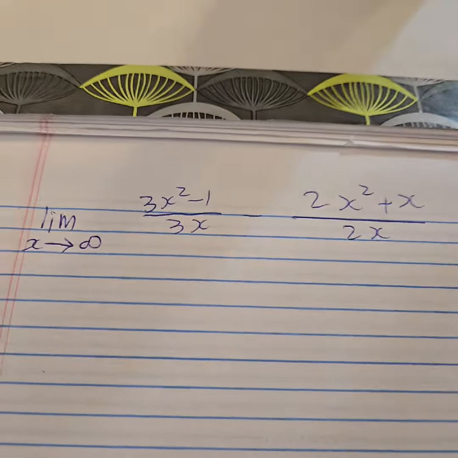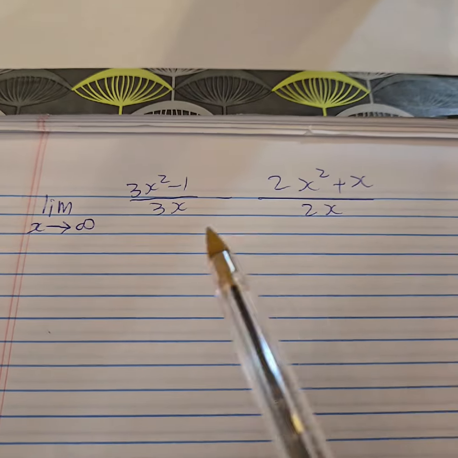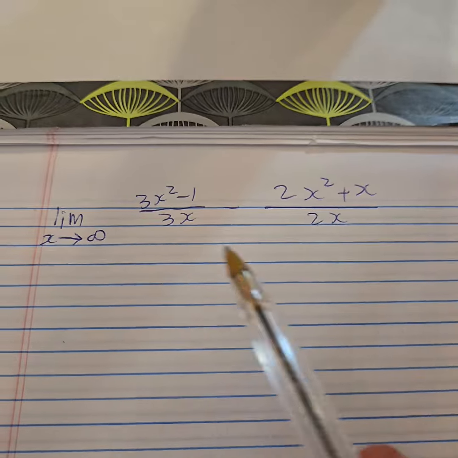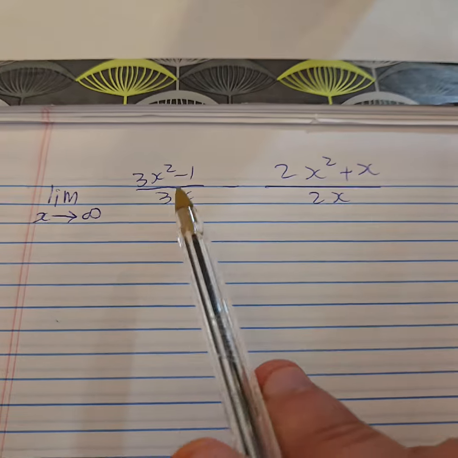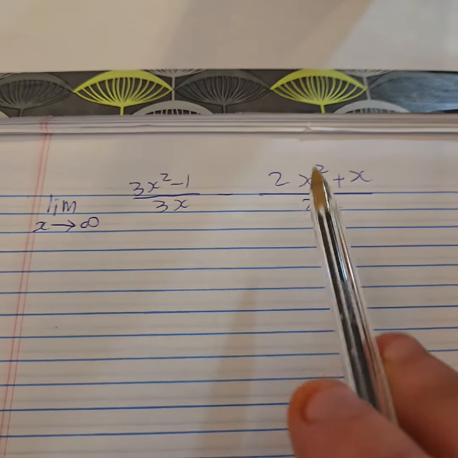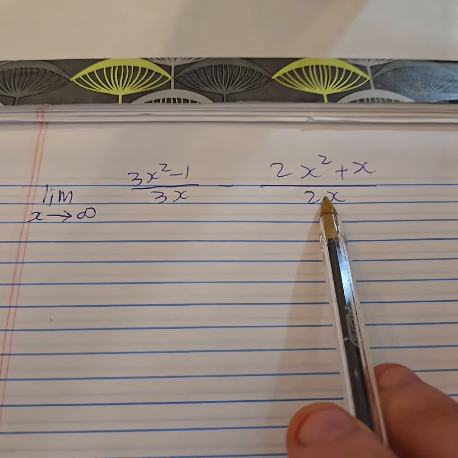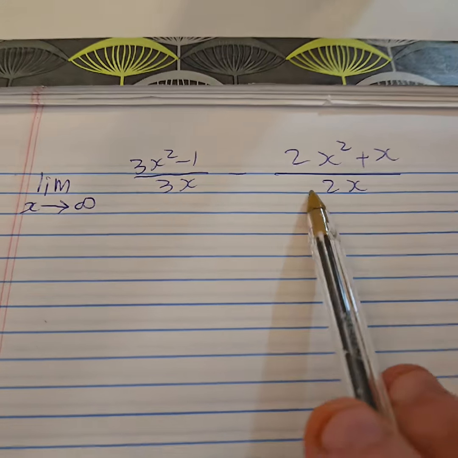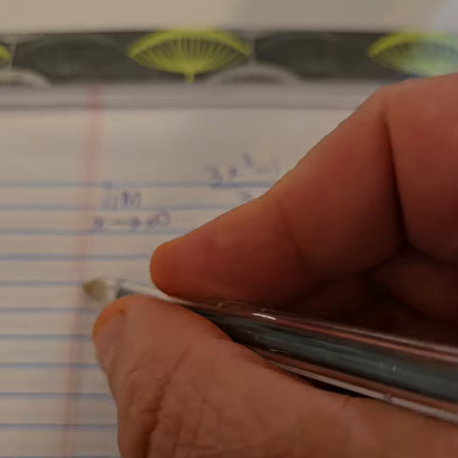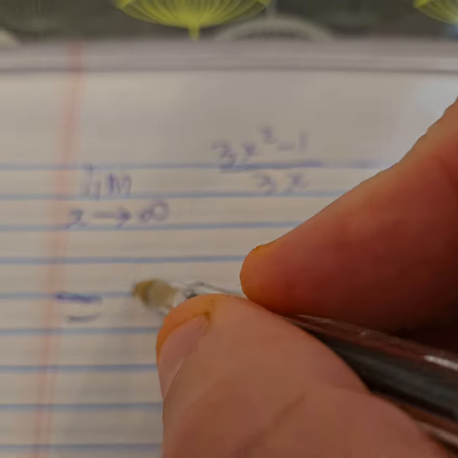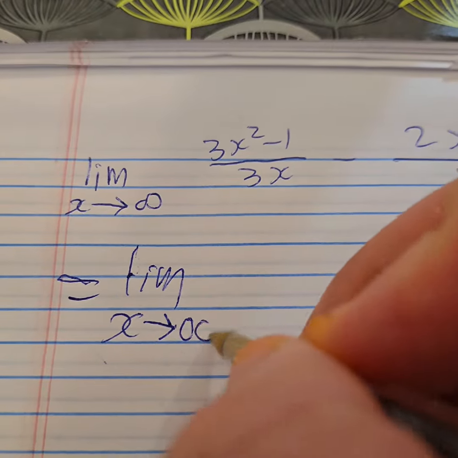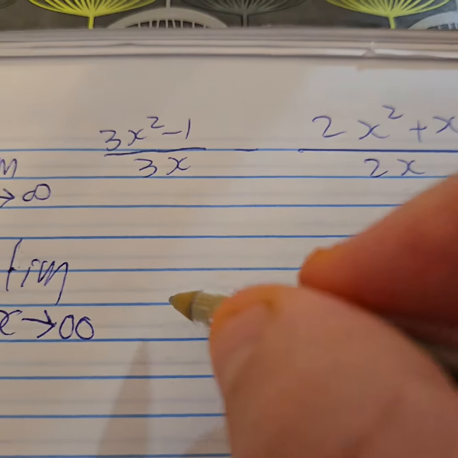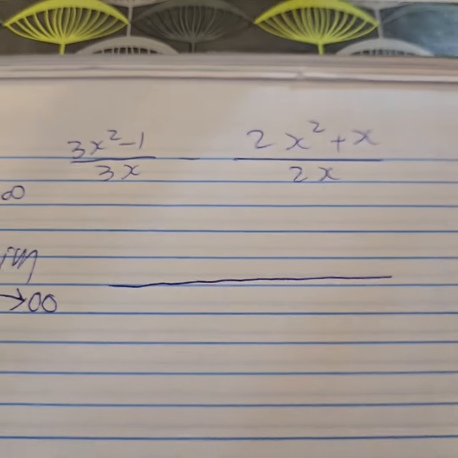So there I rewrote the question, and what I have to do is join them all together into one fraction, because when x goes towards infinity, these two might go towards two totally different things at the same time. It's best to put them together. So I'm going to rewrite it. And the first thing I would do, in fact, I'm going to stop for a few seconds so I can think about the next step.